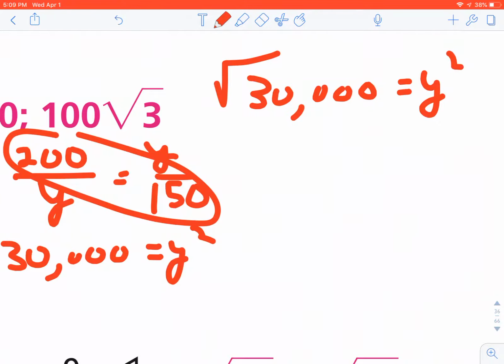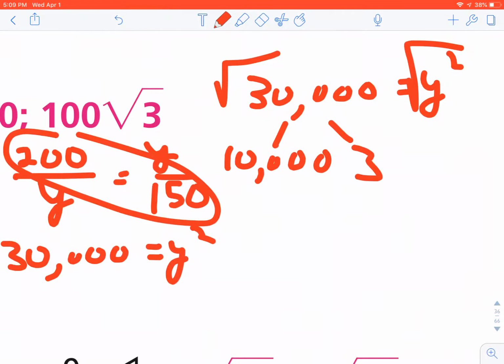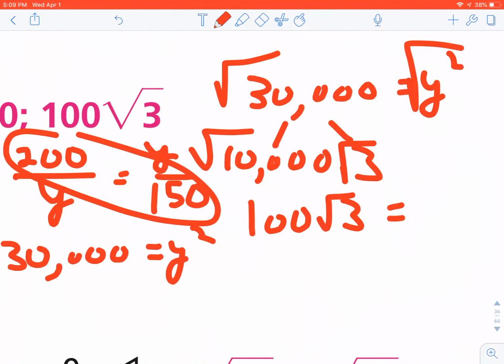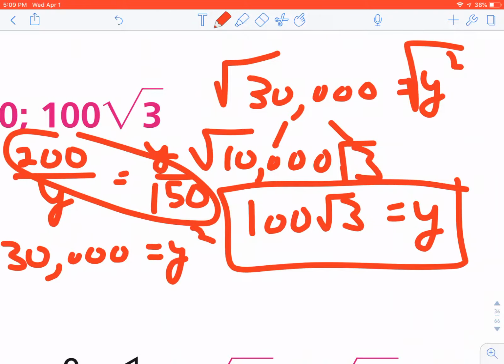Now, on a test, I'm not going to give you a number this big. The biggest perfect square that divides into 30,000 is 10,000 and 3. Well, the square root of 10,000 is 100. 3 is not a perfect square, but 100 radical 3 is your answer there. Okay? So again, it's the setup. You can do the algebra. I will not ask you to find the perfect square of 30,000 or any number ever that big,